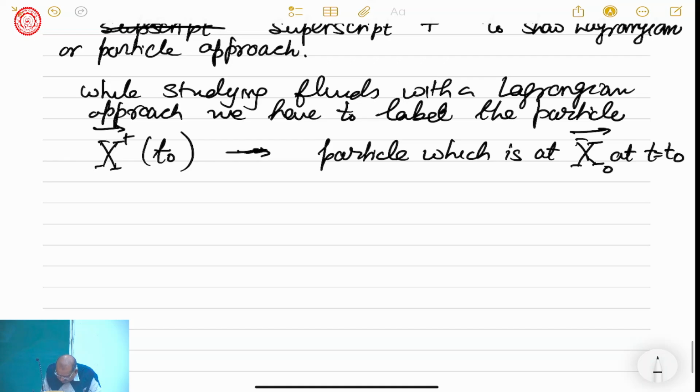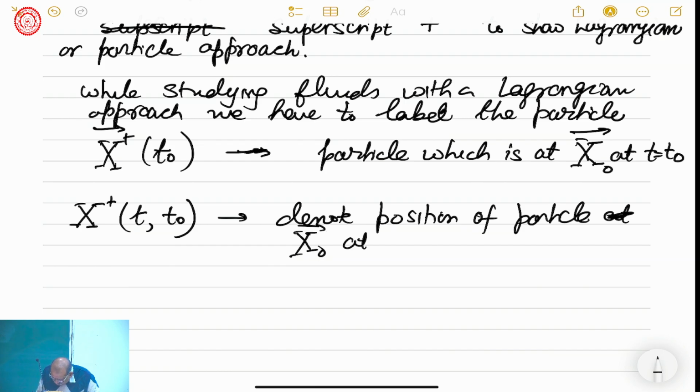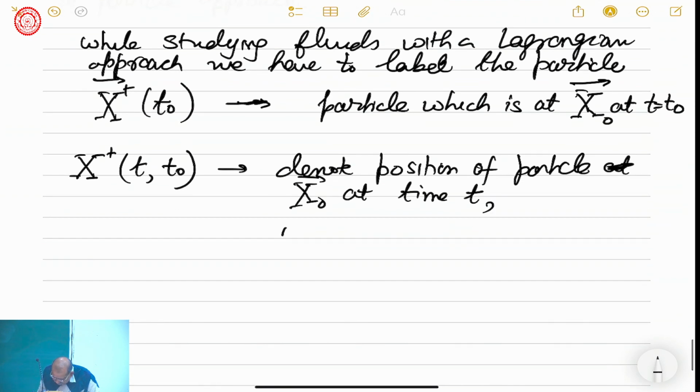So when I say x plus of t comma t0, this will denote the position of the particle x0 at time t,